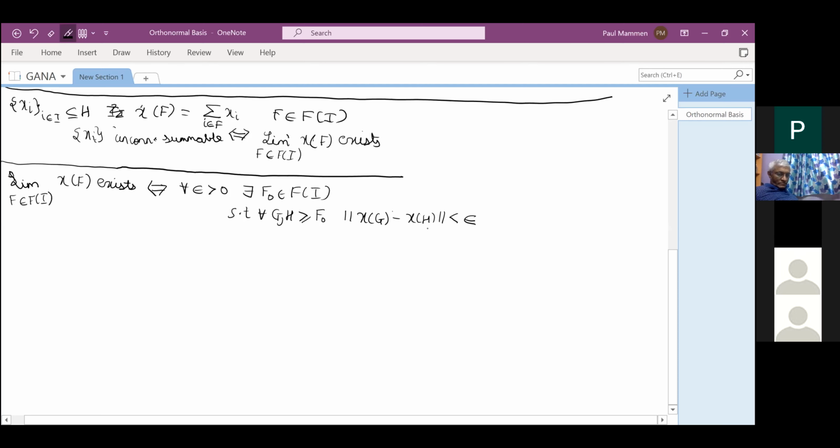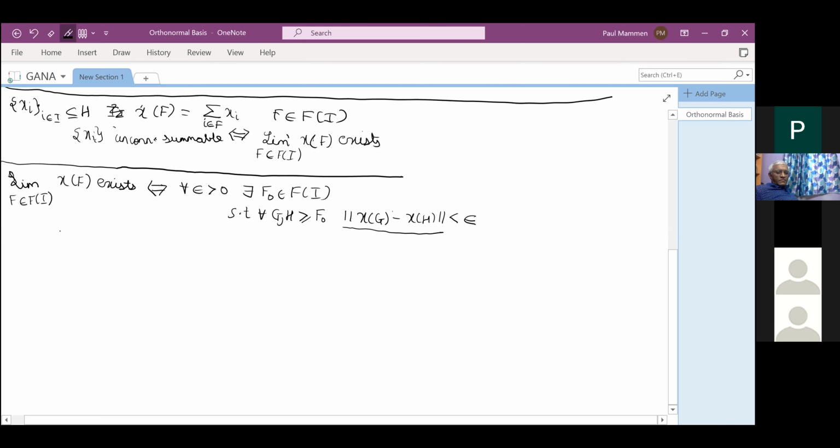minus xh. And so if I can make both of those terms less than epsilon by 2, I will get that this entire thing is going to be less than epsilon. And so one direction follows from the usual limit notion. For the other direction, now,